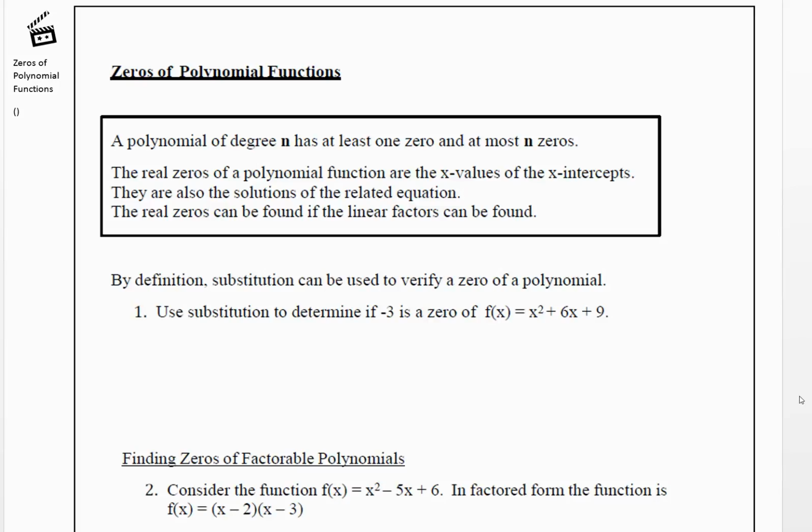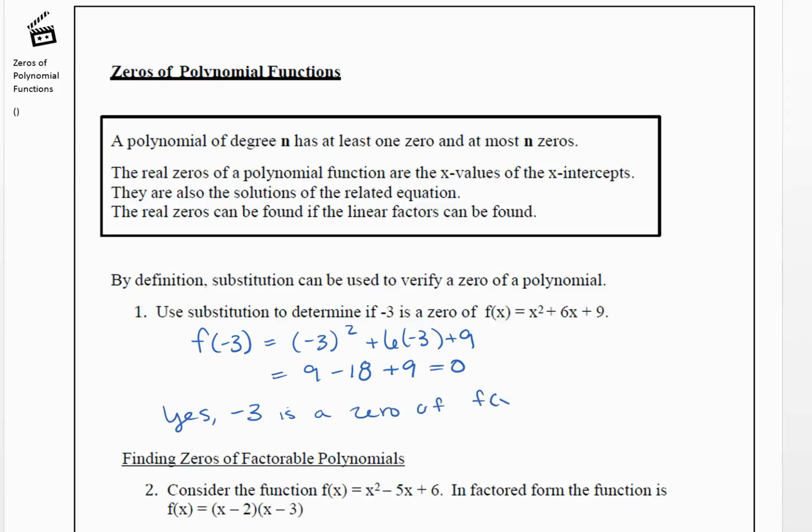So first of all, to verify something's a zero of a polynomial, we need to think about what does a zero really mean. Well, a zero means that you plug it in and you get out 0. Okay, so when number 1 here says use substitution to determine if -3 is a zero of this polynomial f of x, what we want to do is test out f of -3 and see if it is equal to 0. So that would be -3 squared plus 6 times -3 plus 9, which would give us 9 minus 18 plus 9, which is equal to 0. So we could say yes, -3 is a zero